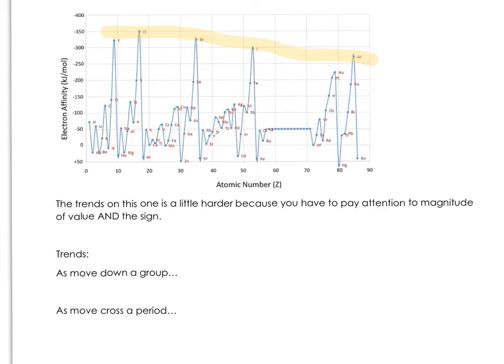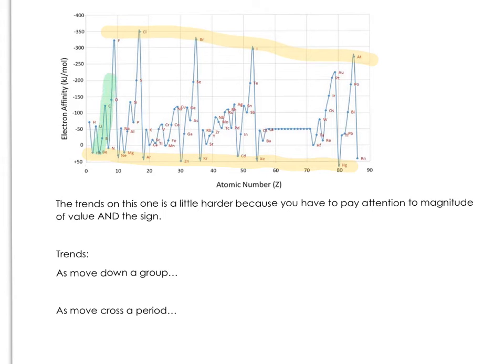They really want the electrons. Down here, you've got high positive numbers, meaning you really got to add energy in order to add an electron. So it's a little hard to see the trends on this one because you've got to get your head around that. But basically,